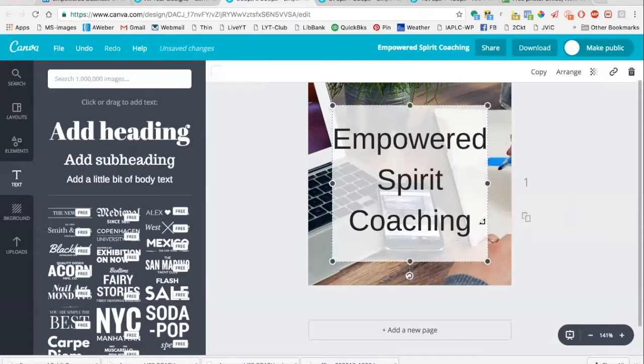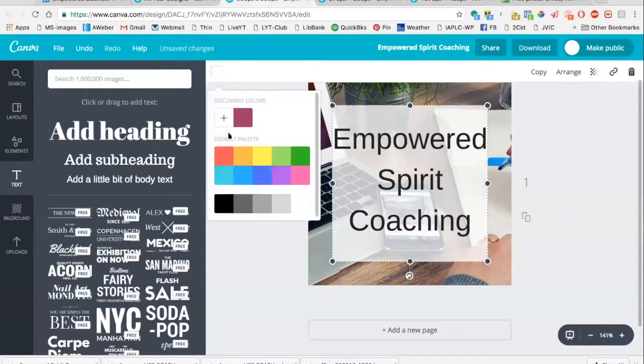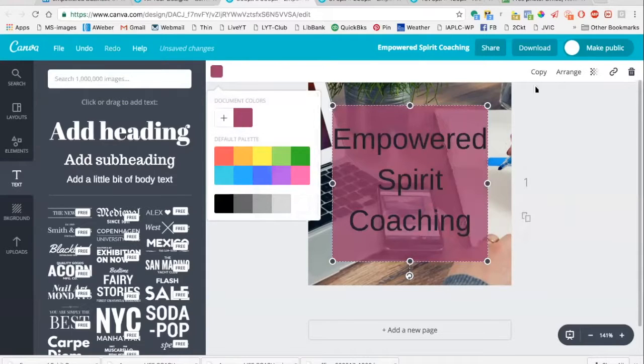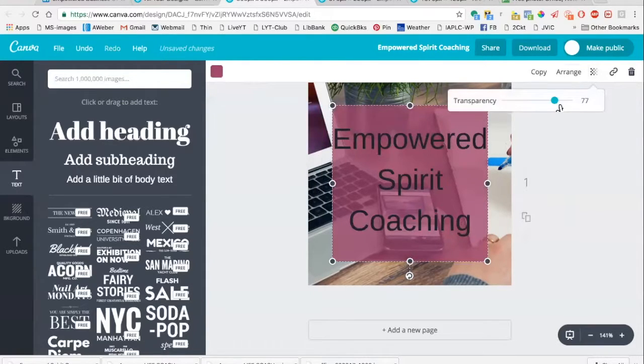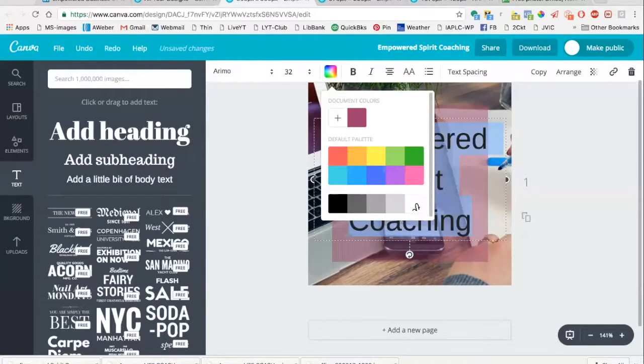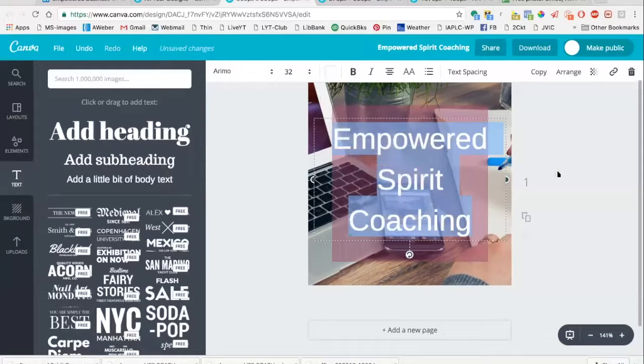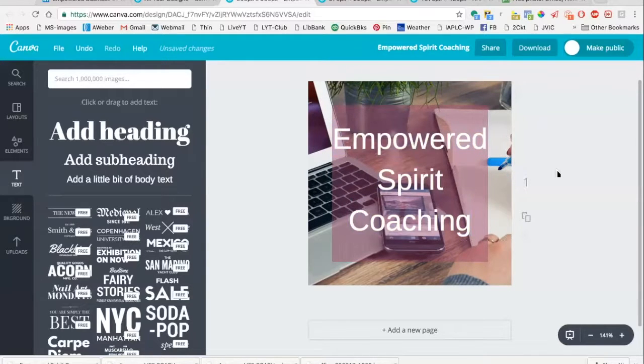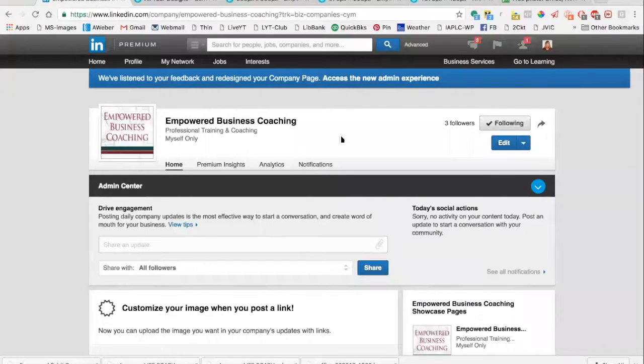We could make the box a color if we want, just by going here and doing the transparency. And we can make the letters white so it stands out. There you go. So there's the little logo, and you would just download and put that in your company page,